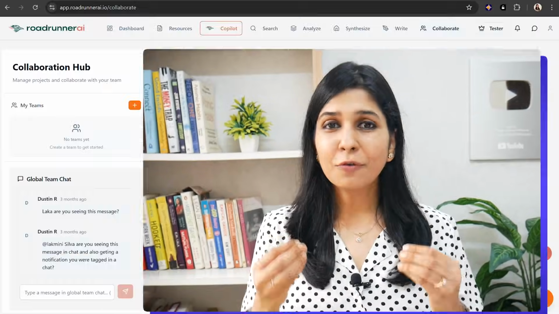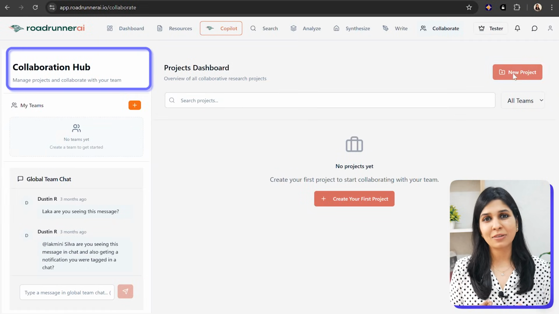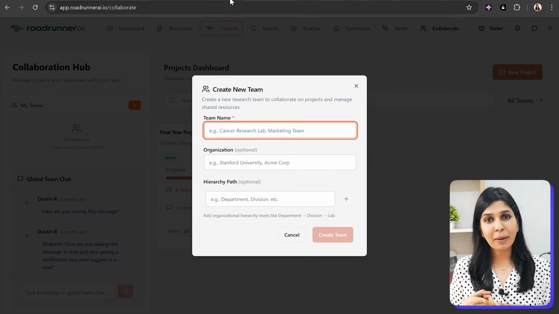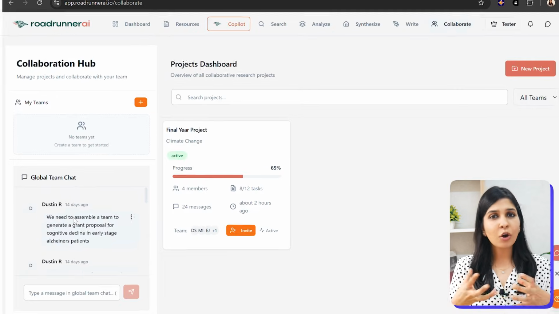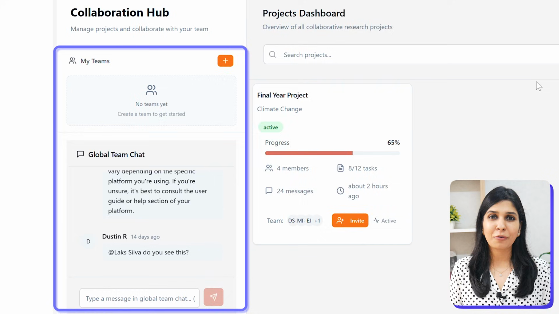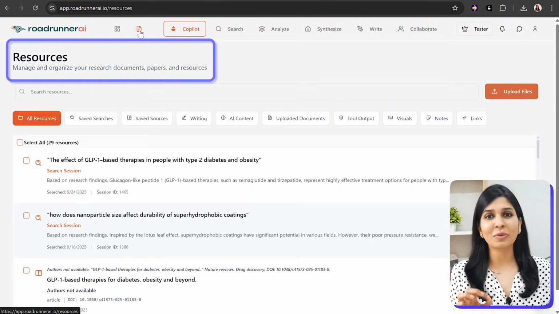Now there are two other spaces I'm very excited to show you, features that I haven't found in any other AI tool yet. First is this Collaborate space, designed specially for research groups. Here you can create a new project, add team members, chat one-on-one or in groups, and manage tasks all without leaving the platform. Now the second space that I absolutely love is the Resources tab.